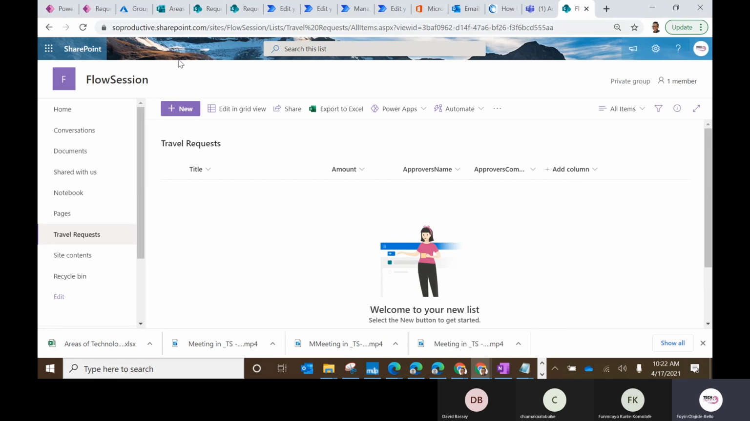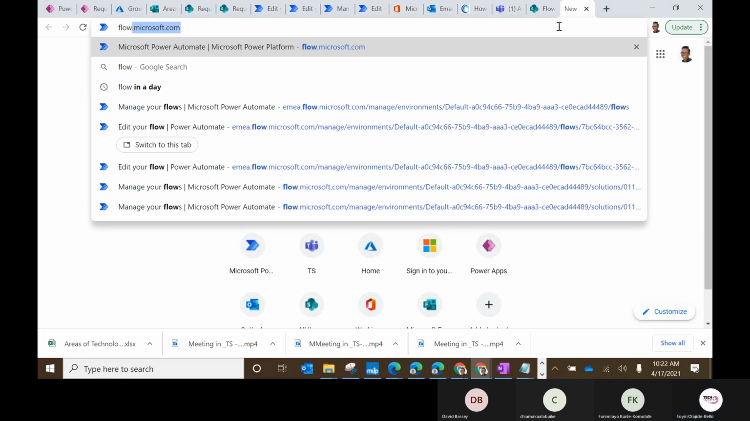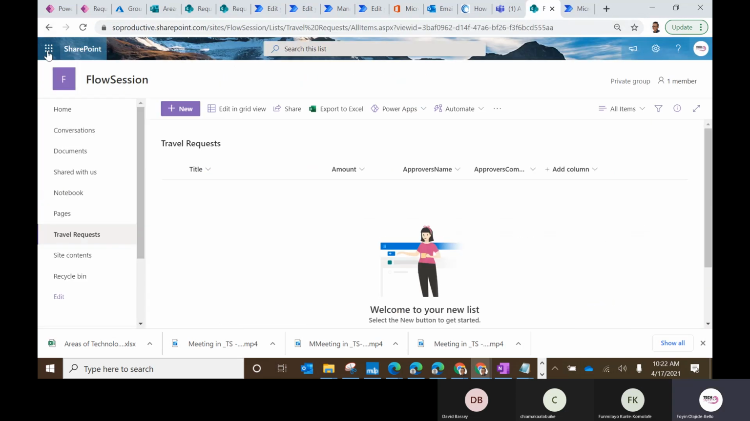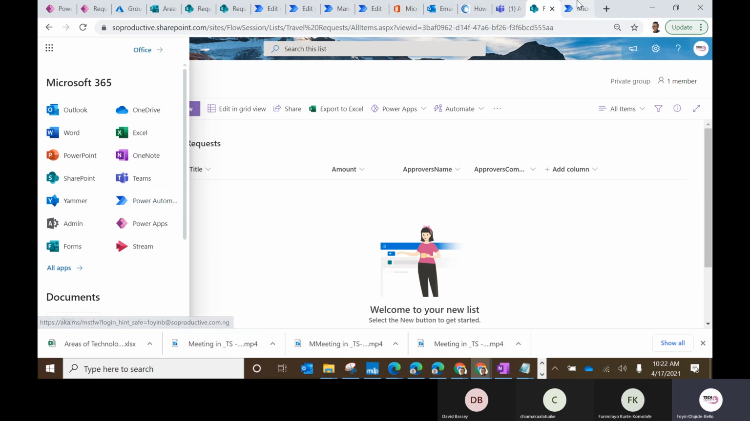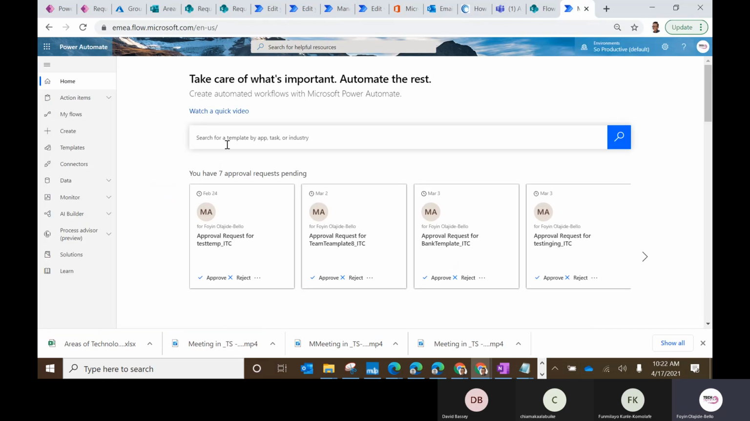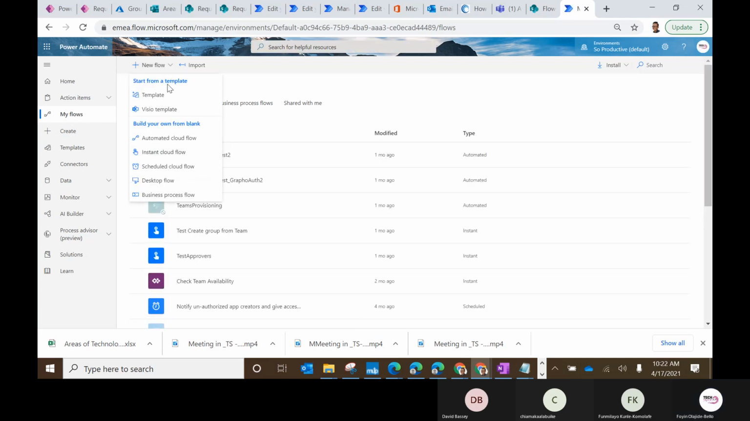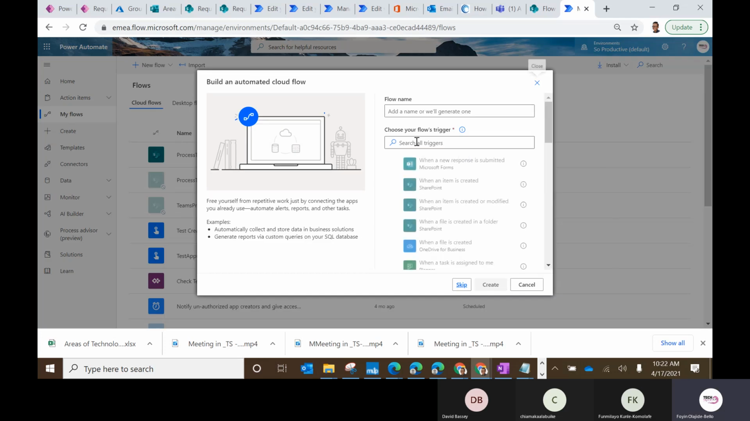Now, the next thing we're going to do is jump into Power Automate. So I'll go to Flow, Microsoft, or you can come to your ribbon here and click on Power Automate. Those are the two ways of getting to it. So from here, I come to my flows and I want to create a new automated cloud flow, right? And I call this travel request